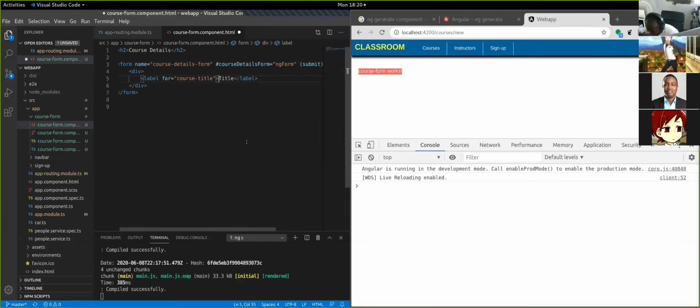Actually, let's make it course title. And then I'm going to create an input. The ID has to match the course title. It has to match it exactly. Name is course title, right? We put our two-way binding, ngModel, right? Course title, and